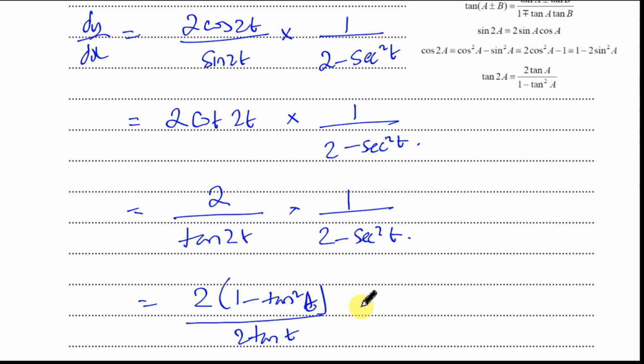Okay, and this is multiplied by 1 over 2 minus, now we have also an identity involving